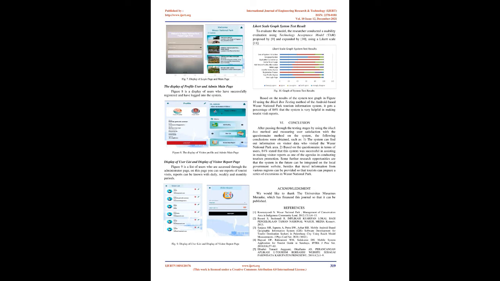Analysis on functional needs. Functional requirements are requirements that contain what processes / services the system must provide later, including how the system must react to certain inputs and how the system behaves in certain situations. Functional requirements depend on the type of software, system users, and the type of system where the software is used. The following are functional requirements in this information system.